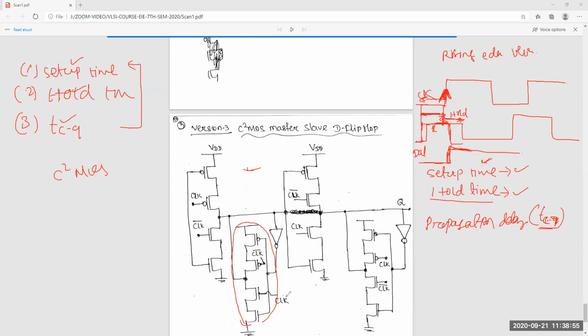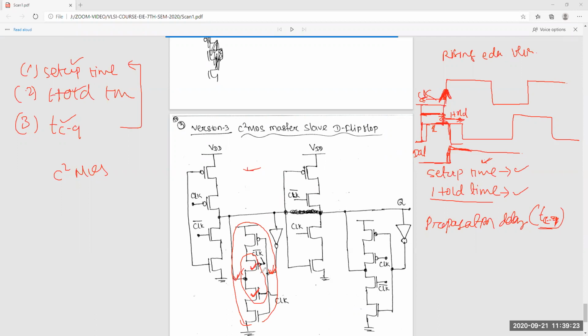Yes, because when clock is 0, both. Okay, clock is 0 means this will be on. Whatever will be there, this will be the opposite. This is the inverter actually.